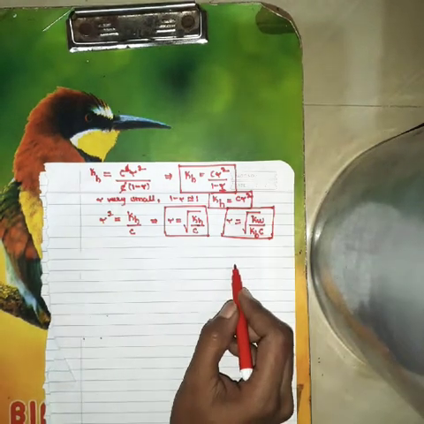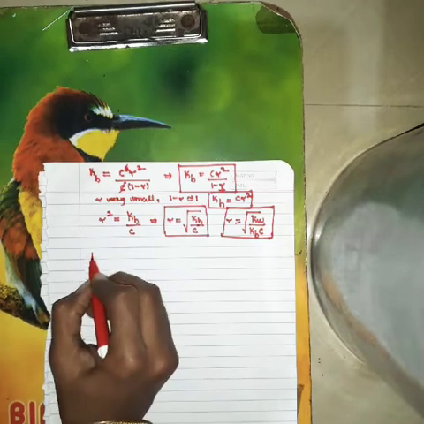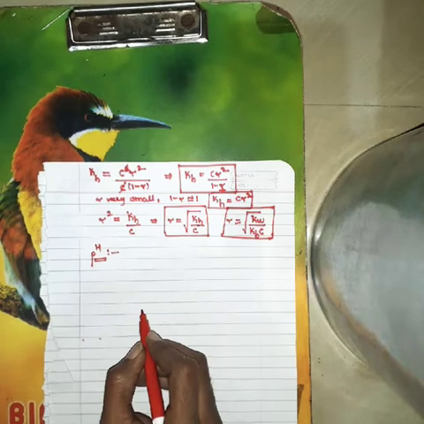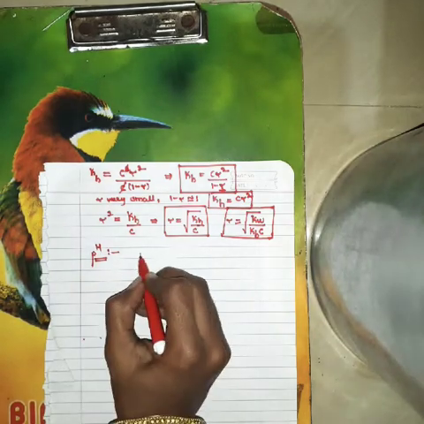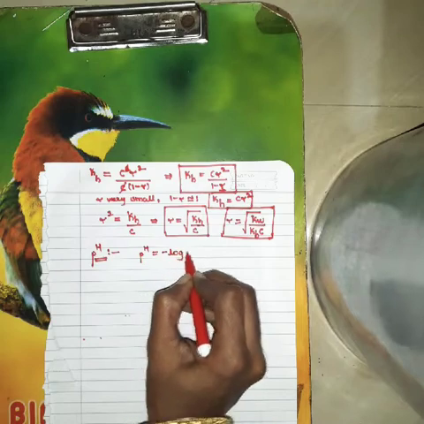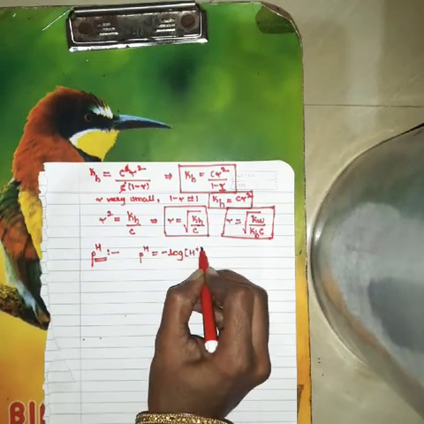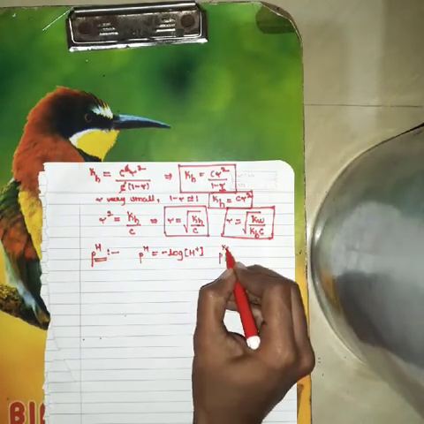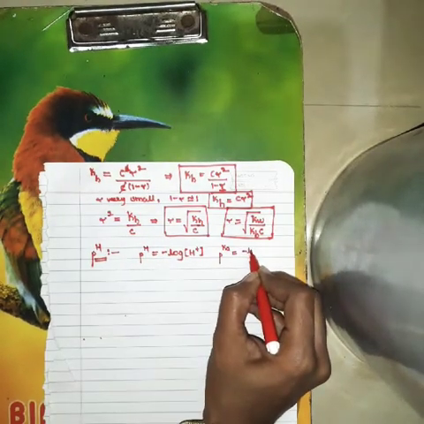This is degree of hydrolysis. We want to calculate the pH of this solution. pH is equal to, as you already know, minus log of H plus. And pKa is equal to minus log of